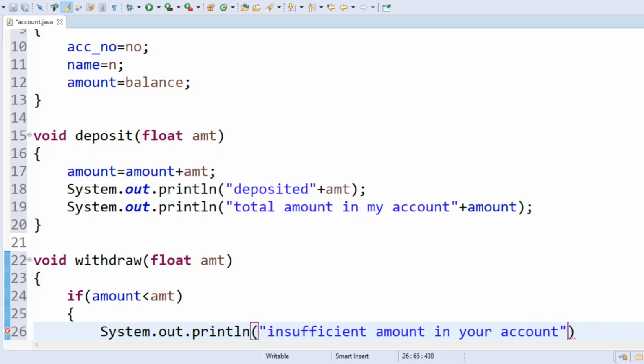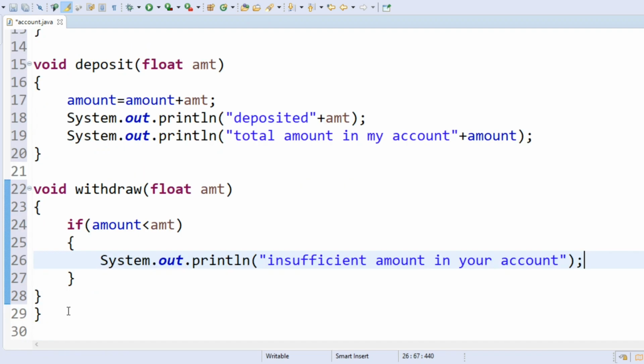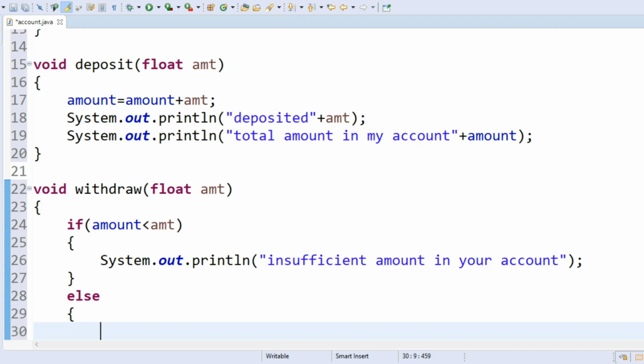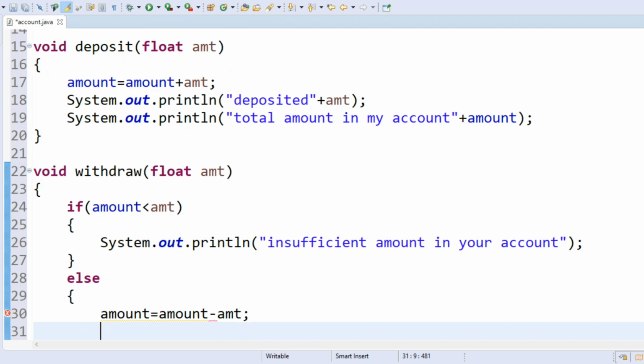Okay, that means if you didn't have enough amount in your bank, or else, how much amount you have to withdraw, that has to be decremented. After decrementing, I want to print how much you have withdrawn.